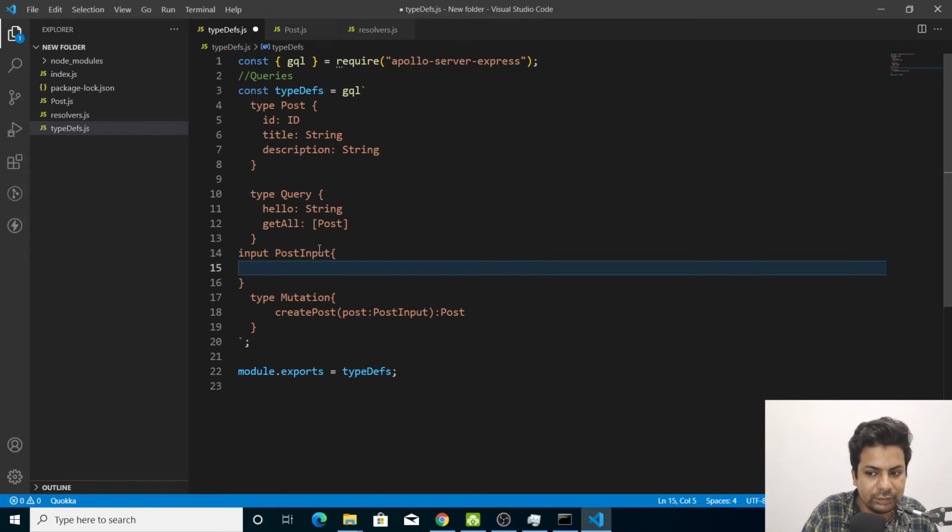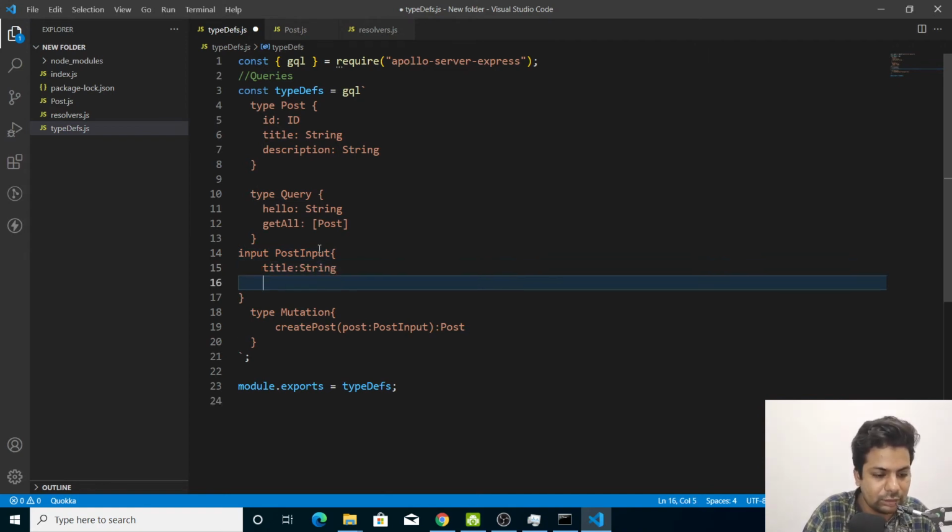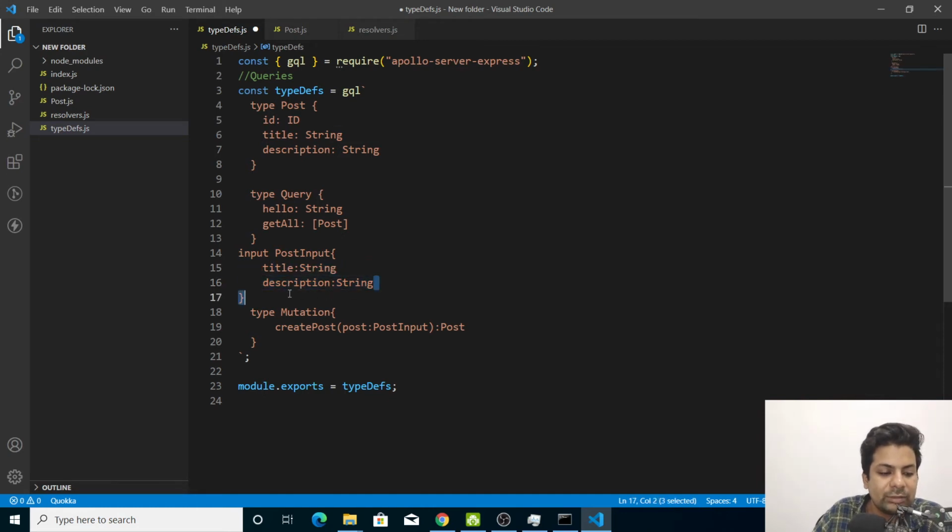And here we'll say title String, then description String. So I'm telling we'll have an input of title and description, but we are not writing id because the id will be coming from the back end. That's why we can't directly write Post like this, because we are not giving id, we're just giving title and description, and also it's an input, so it will be input.